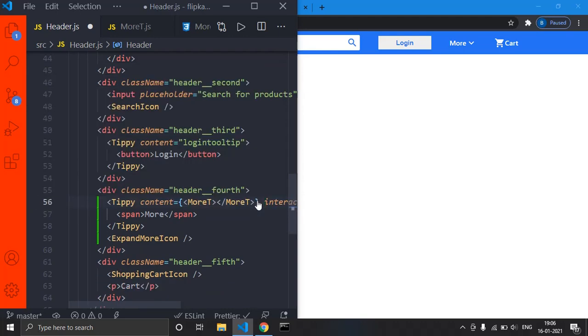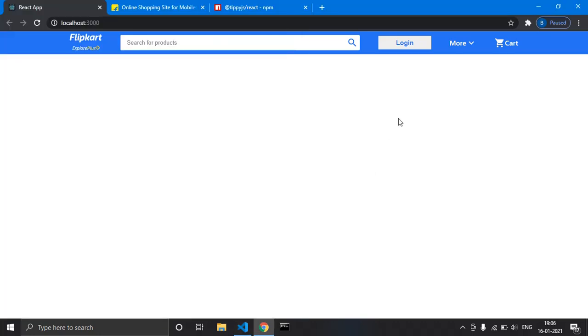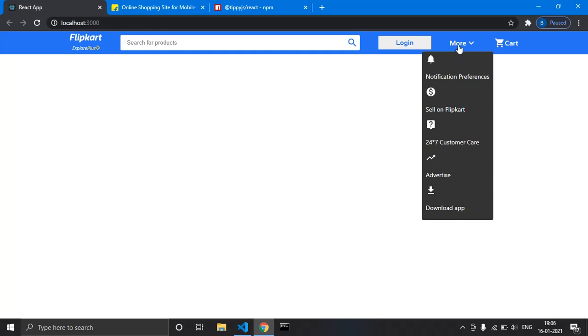Just press Ctrl S, save. Now our browser is refreshed automatically. See, now we can hover over this, right? It is not going, unlike just now when it was gone. Earlier it was shown only when we hover over more. Okay, now we can hover over this, right?